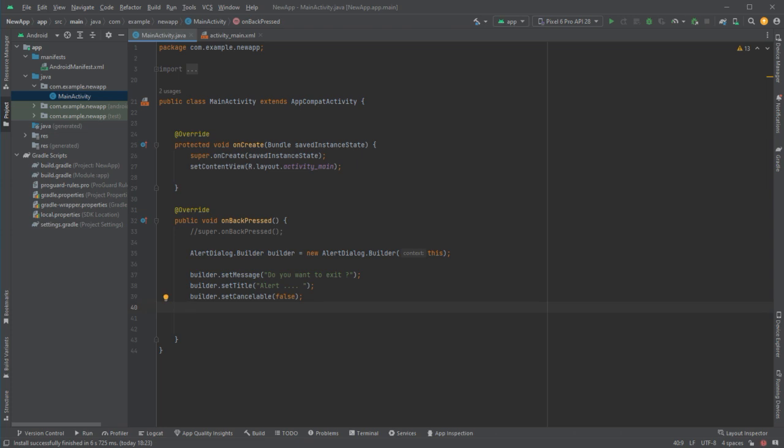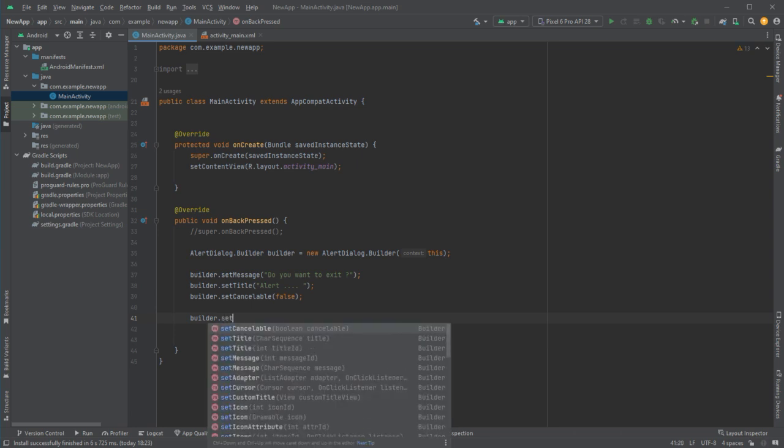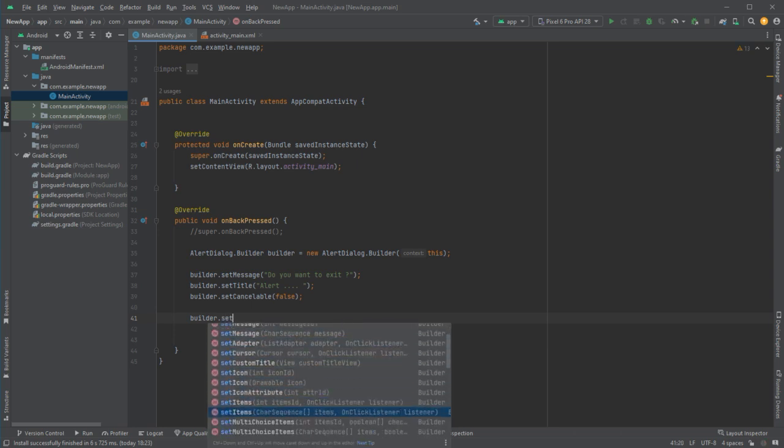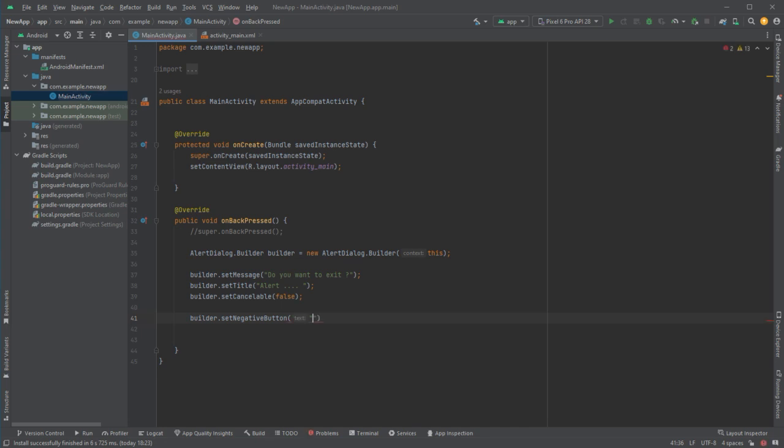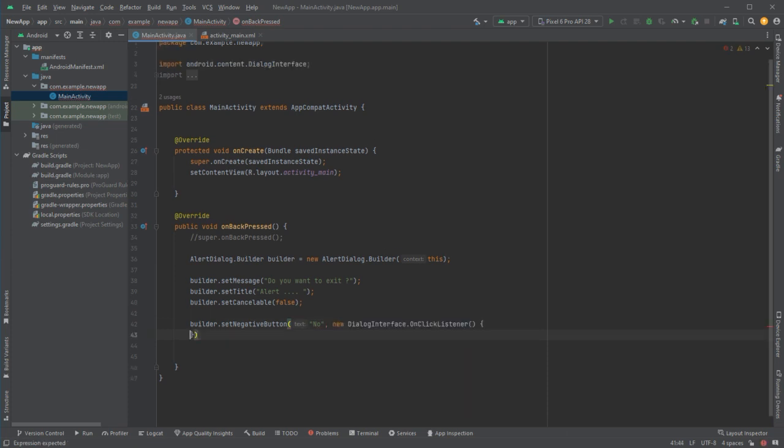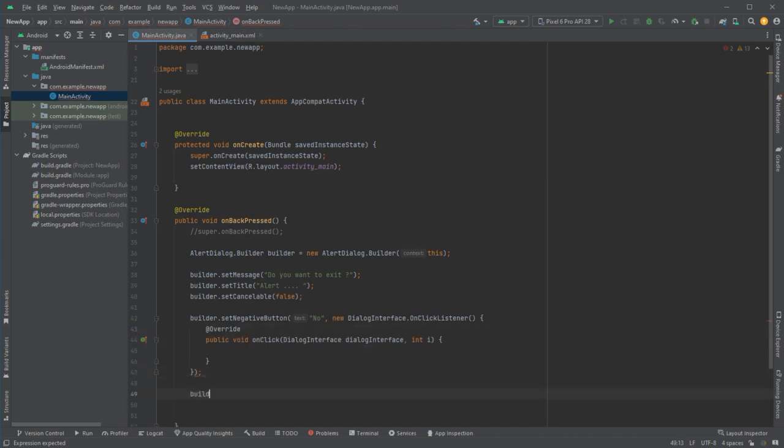And now we will create two buttons. So builder dot set icon, set multiple choice items, set negative button we have, in which the first parameter is your text. So, do you want to cancel exit? No. And here new on click listener, where on click is executed. And builder dot set positive button, I will say yes. Instead of yes, I will write exit and new